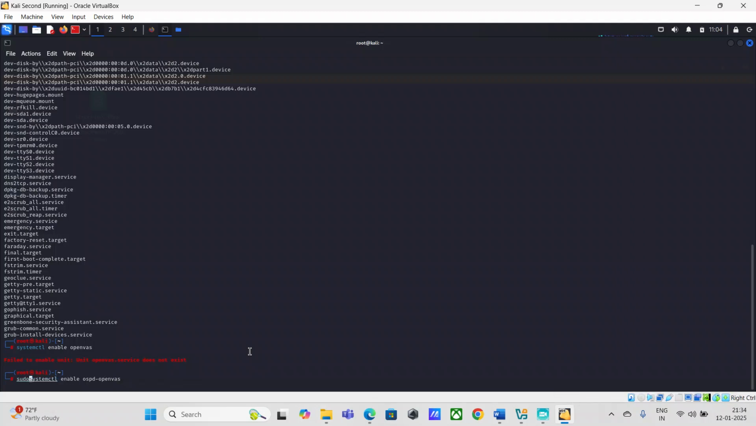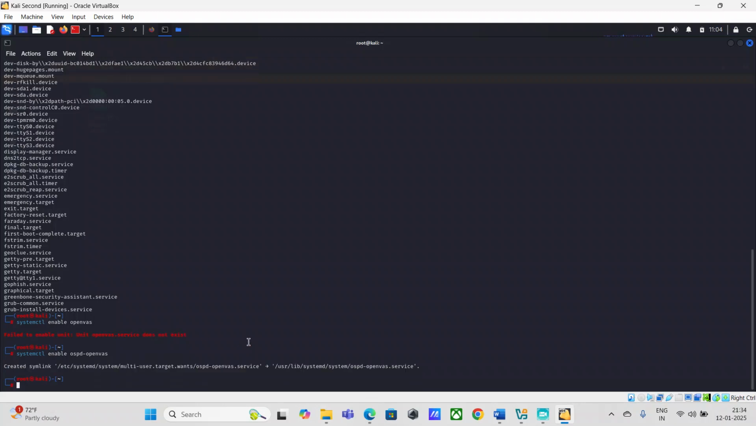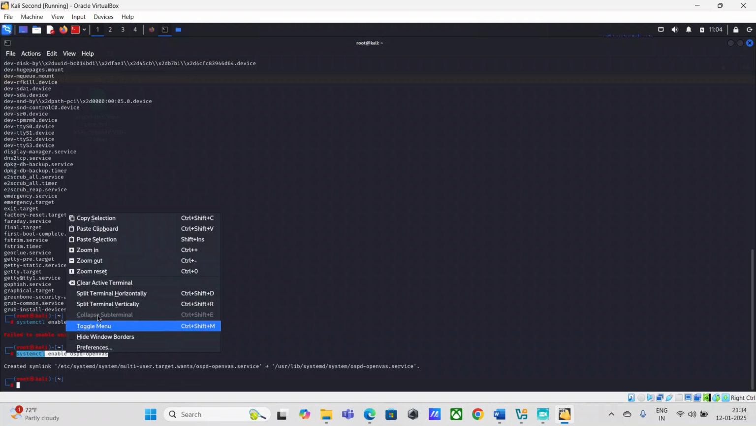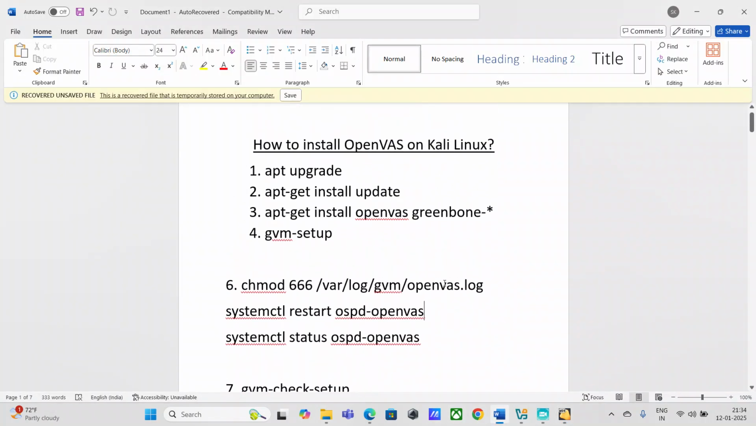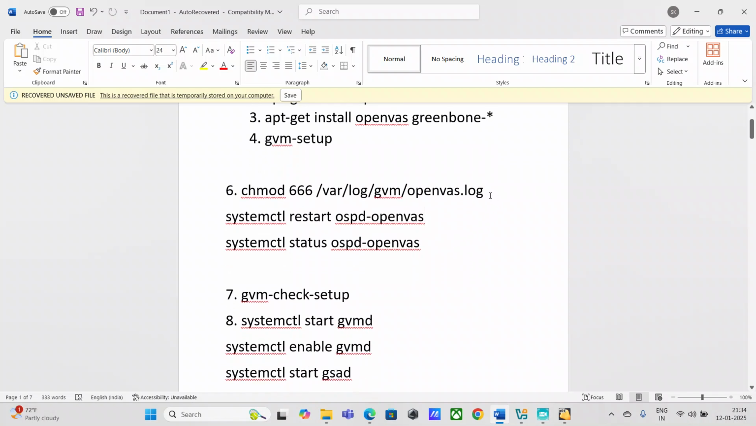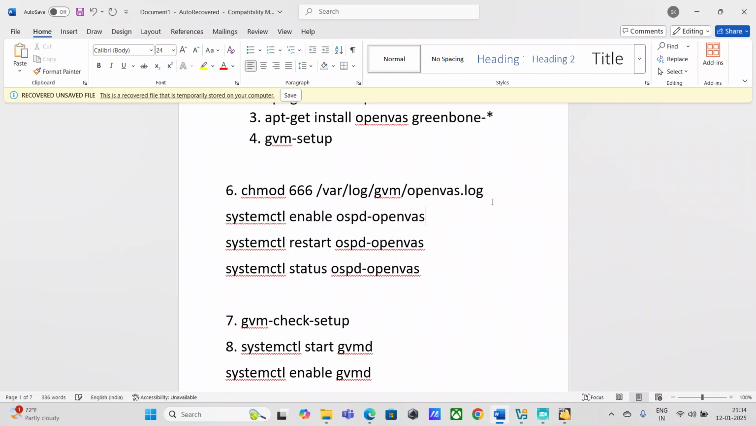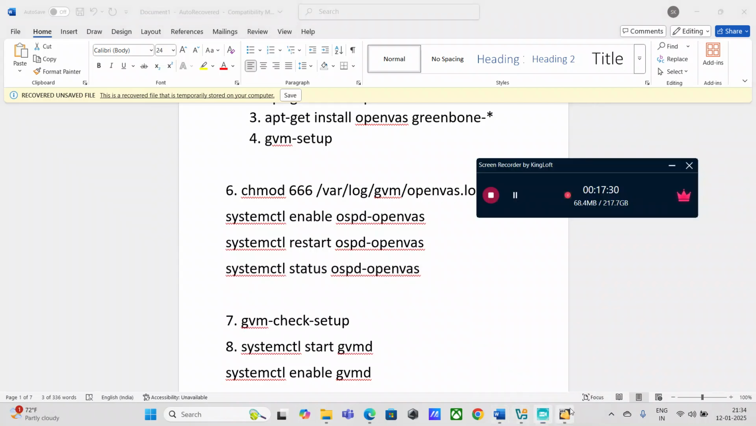So guys, let's try this command. Okay, so there you go, guys. So this was the right command to enable the OpenVAS service. After giving the permission to this folder, you have to run this command, guys. And then now if we run this command to check the status of the OpenVAS service,